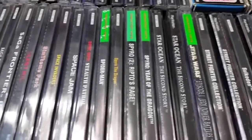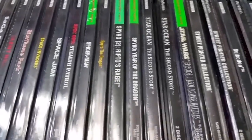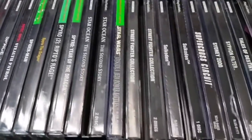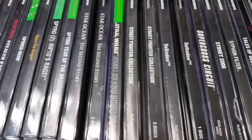So what I tend to do is emulate these, so that way they look nicer. They're not quite as atrocious. Star Ocean was another really good RPG I used to absolutely love. Sadly, I never really played the Spyro games very much. I guess I thought it was kiddie when it came out, but...